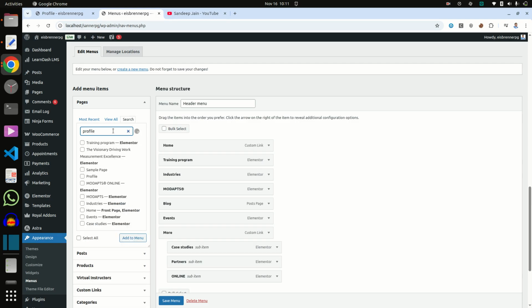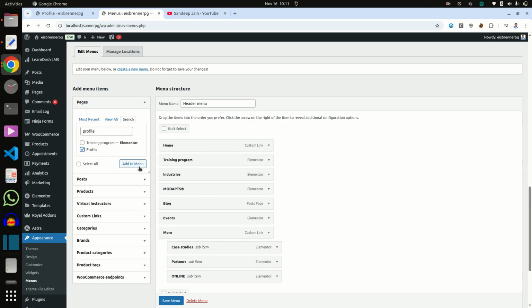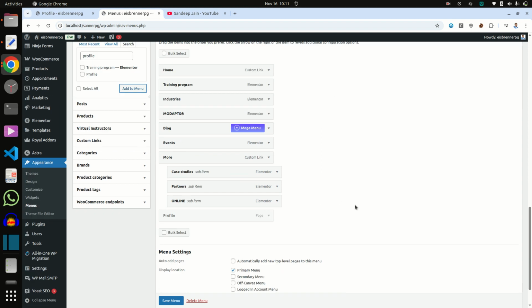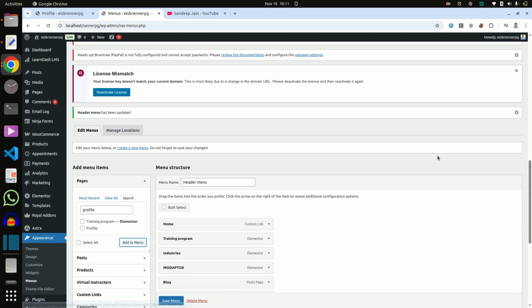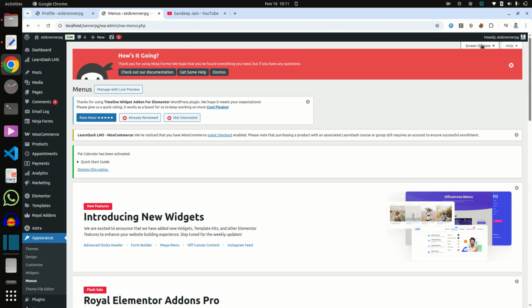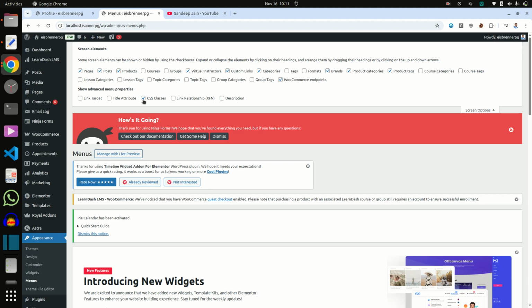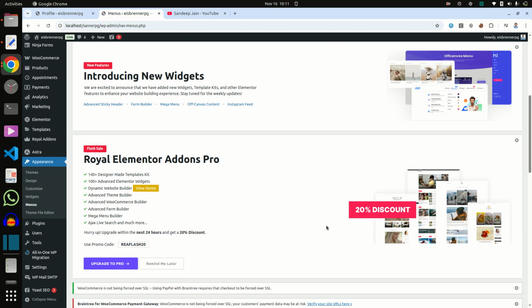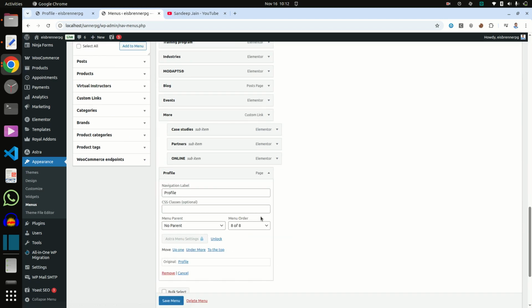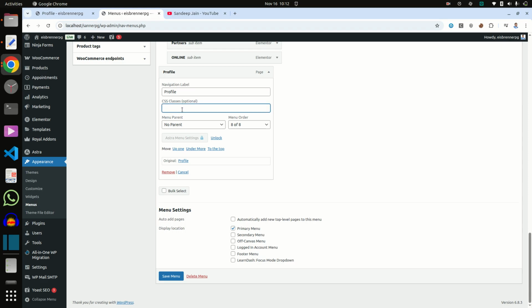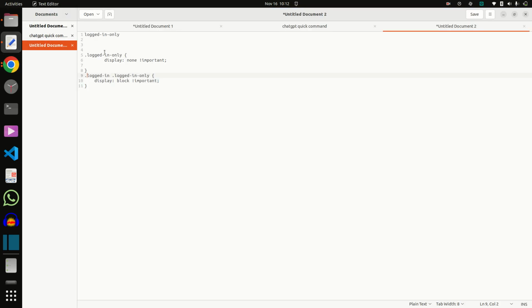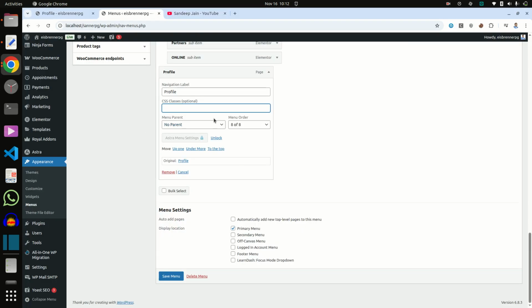Then in Screen Options I will check CSS Classes, if not checked already. In the CSS class field I will add a special class for it, like logged in only, so it will show the logged in parameter and a logged in class.